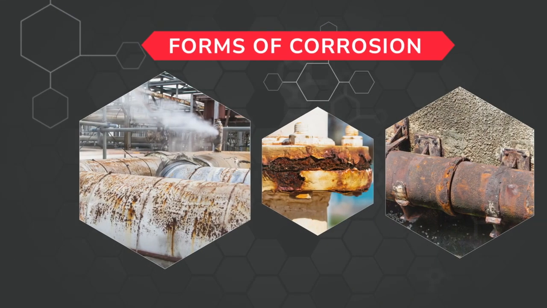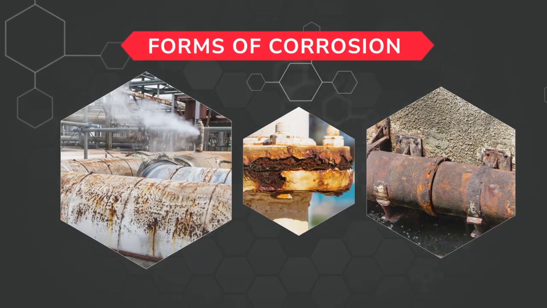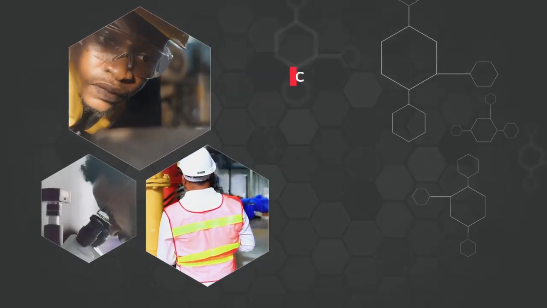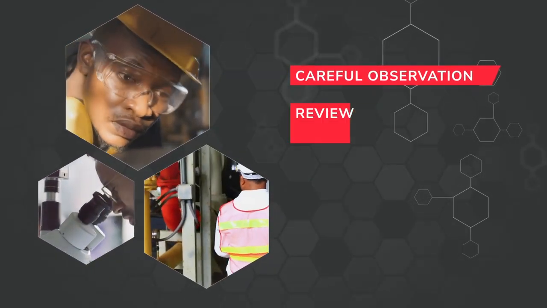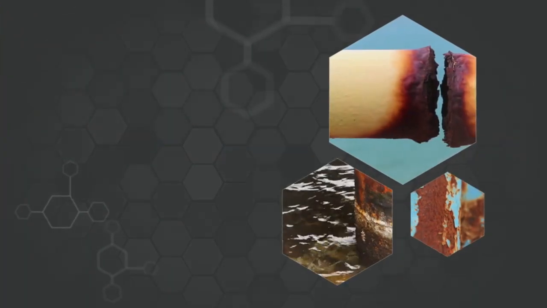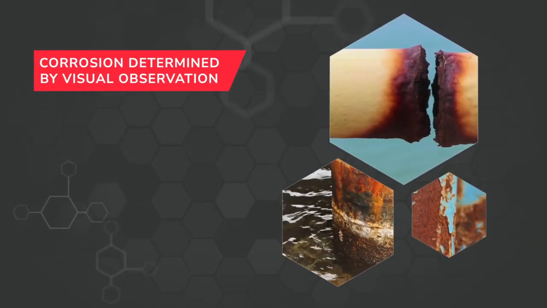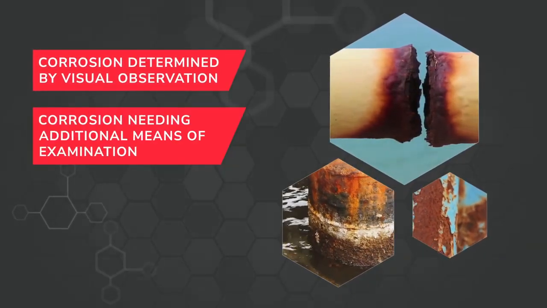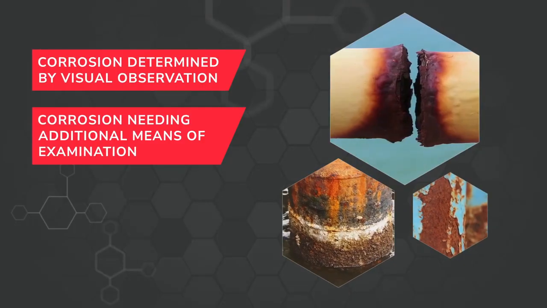Forms of corrosion are classified by the ways in which they display. Identifying forms of corrosion involves careful observation, review of corroded test specimens, and analysis of failed equipment. In general, corrosion is grouped into 3 types: corrosion determined by visual observation, corrosion needing additional means of examination, and